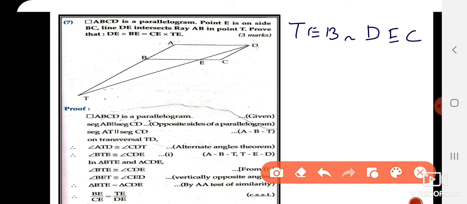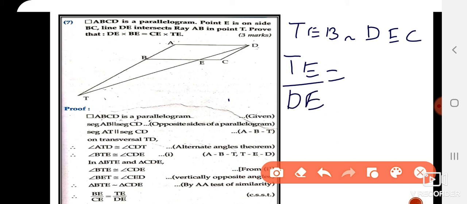You can write it whichever way you want, but it has to be in proper one-to-one correspondence. If you make a mistake in writing the order, your entire corresponding sides will also go wrong. So what you do is, you select the triangle. Again I will repeat. You know that in triangles TBE and EDC, T is congruent to D, alternate angles. E is congruent to E, so we are writing them in the second place, and B and C are the remaining angles. Then you write the proportional sides, TE upon DE